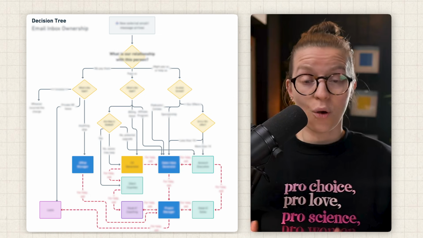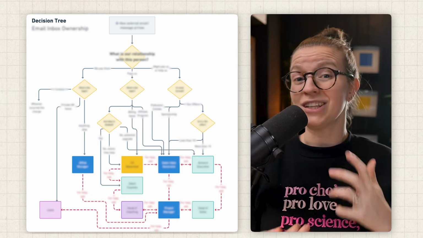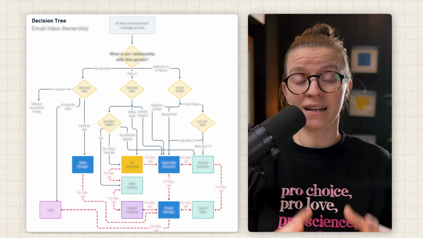But all of that went away, and I was able to delegate my email once and for all once I added this one document, which I'm going to walk you through for the rest of this video. This is a decision tree. It's a type of one-page information document that you can make in about 5 to 10 minutes that allows you to remove yourself as the bottleneck of complicated situations, because it answers the real fundamental problem we're trying to solve,